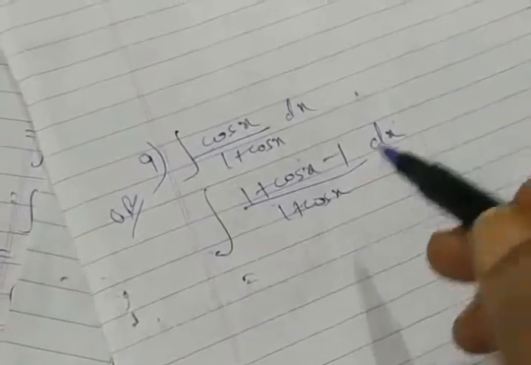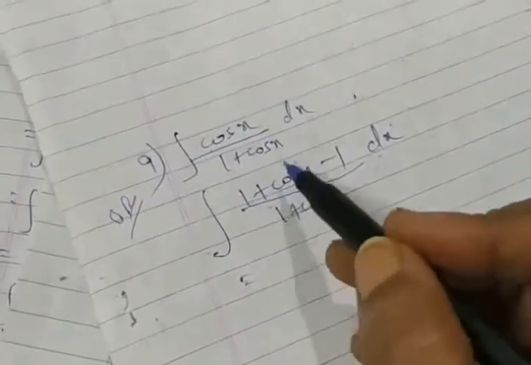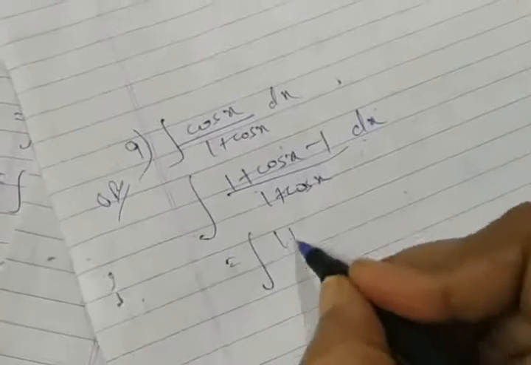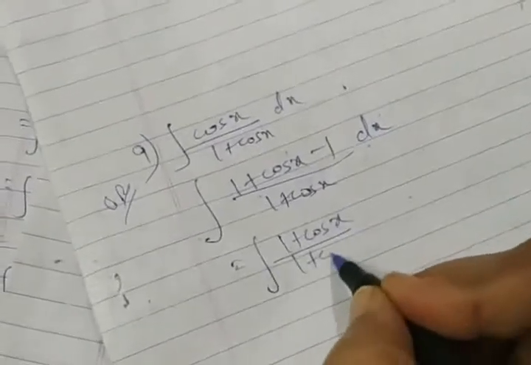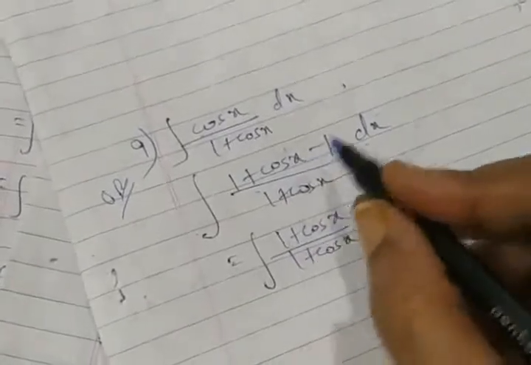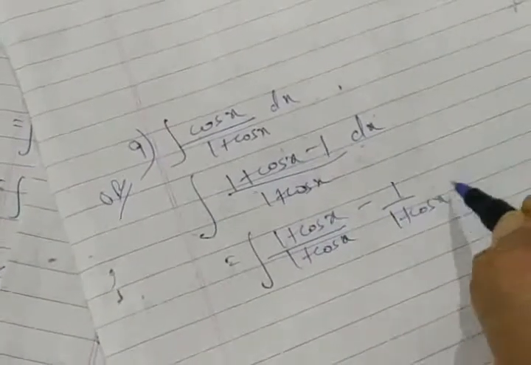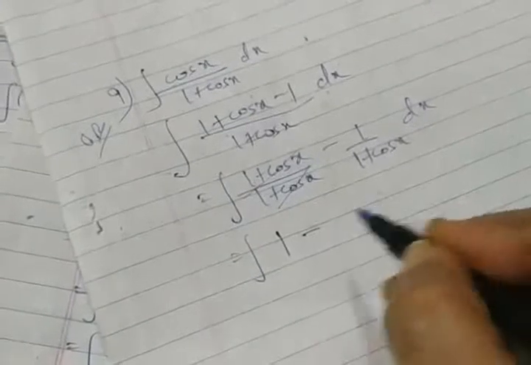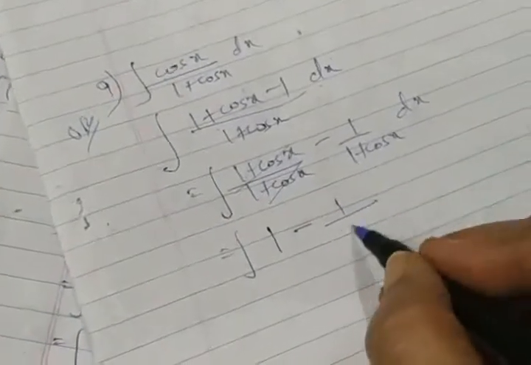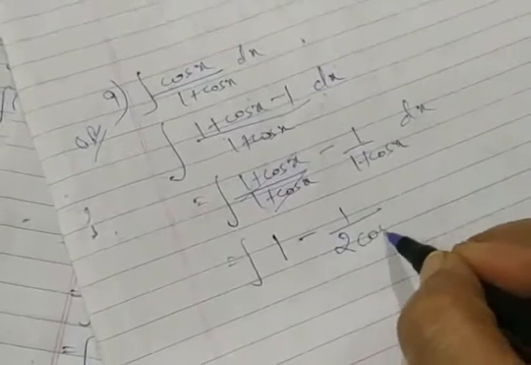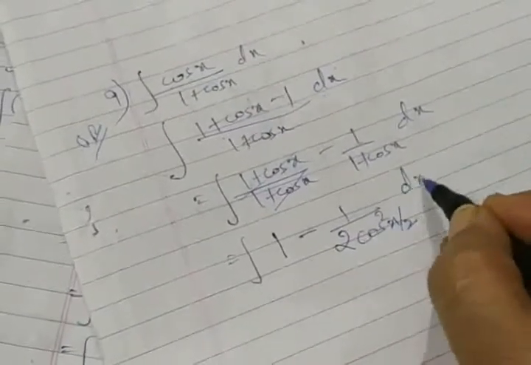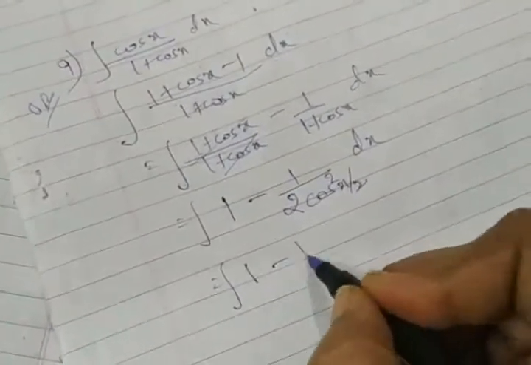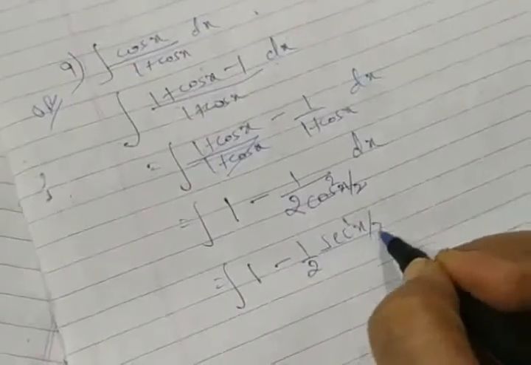That's a very common method, but there's no harm whenever this situation arises. Plus 1 was the requirement, so I can just add plus 1 and balance with minus 1. So this step can be taken as 1 plus cos x, denominator 1 plus cos x, minus 1, denominator 1 plus cos x. So the terms 1 plus cos x, 1 plus cos x get eliminated. We have integration of 1 minus, in this situation 1 plus cos x is our favorite and darling formula. What is that? 2 cos square x by 2, which will lead us to secant square, numerator secant square. So this can be taken as 1 minus 1 by 2, secant square x by 2 with respect to x.